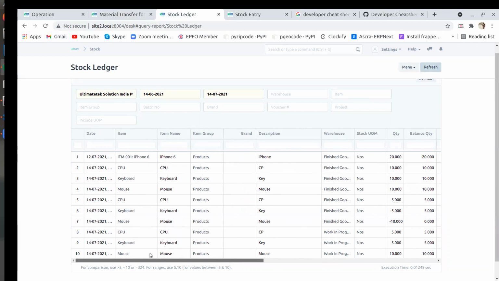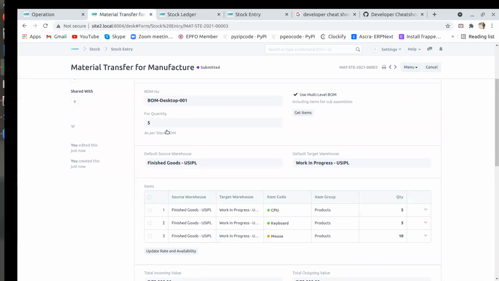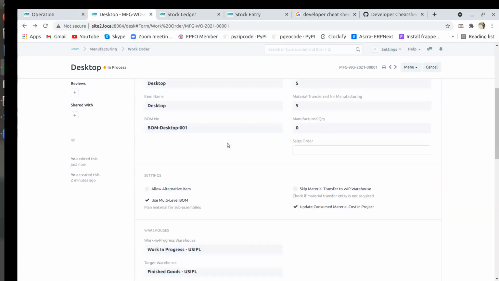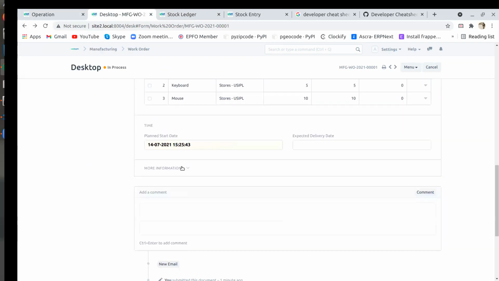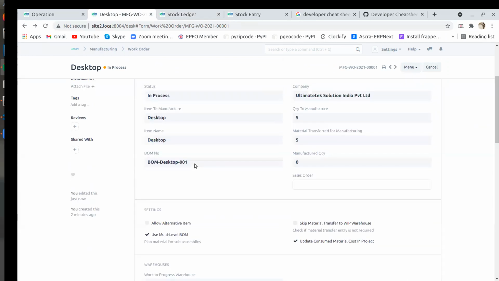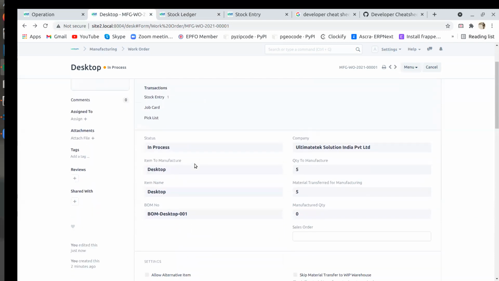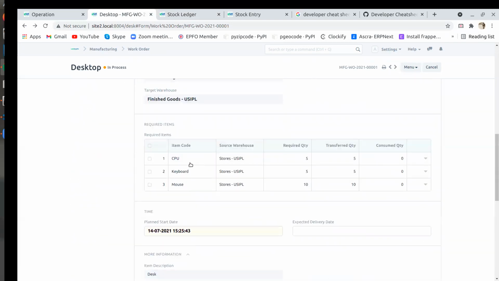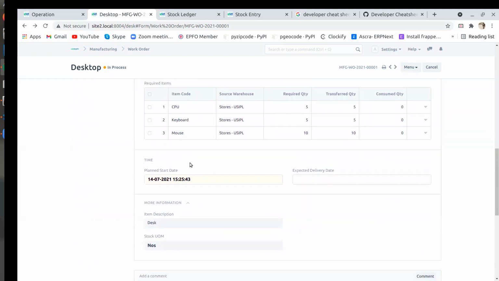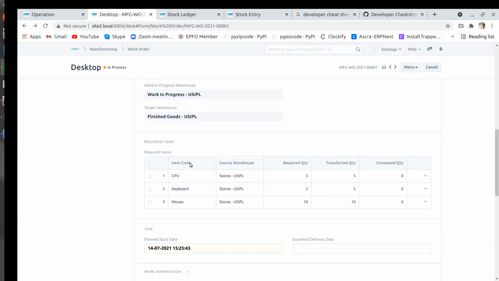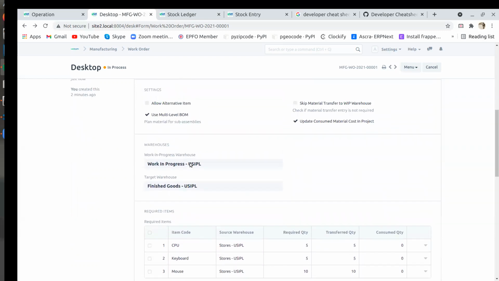You open the work order. Work order, I think you can put cost also. Some charges you can put. Go to the work order. This is the material transfer work order screen. Down you come, any costing can be put? No. That costing will be reflected from that operation screen only, I think.